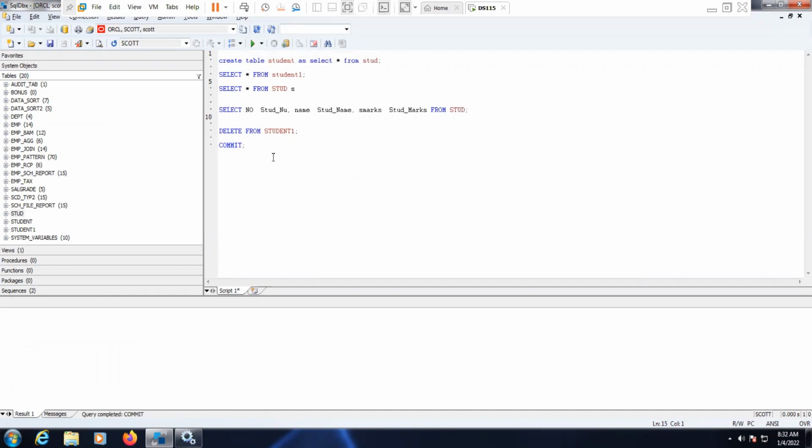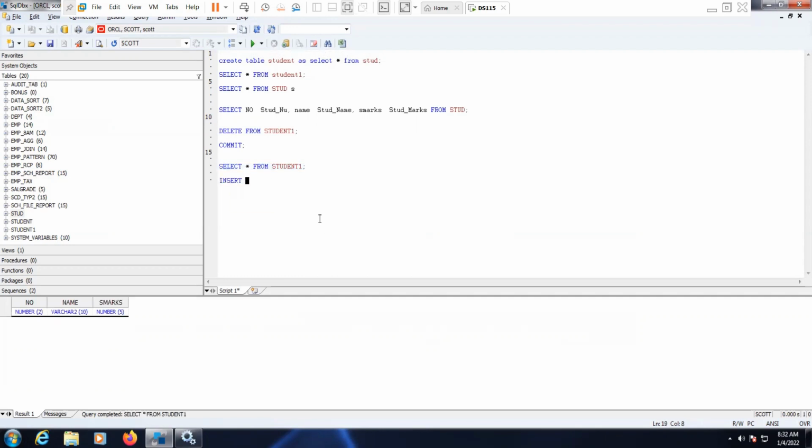Select star from, so now let's check the data here. Nothing is there. So I want to insert the data.